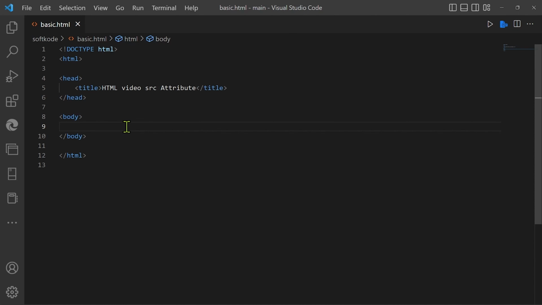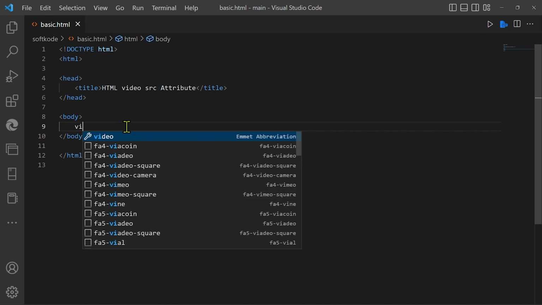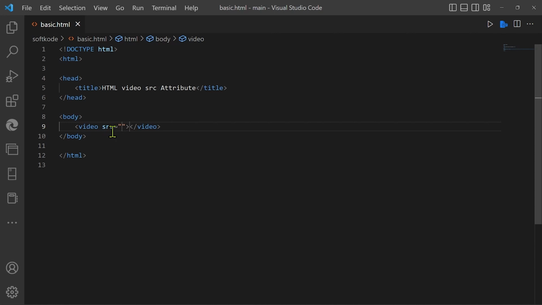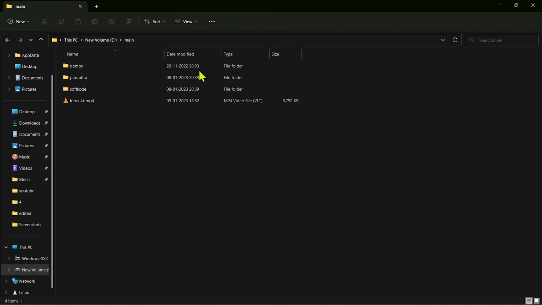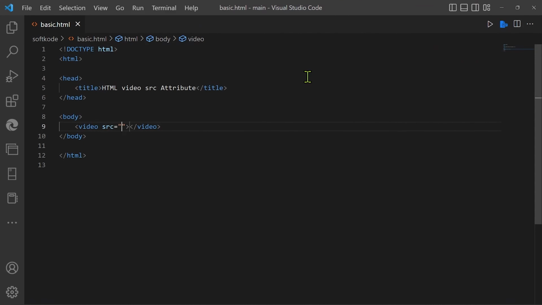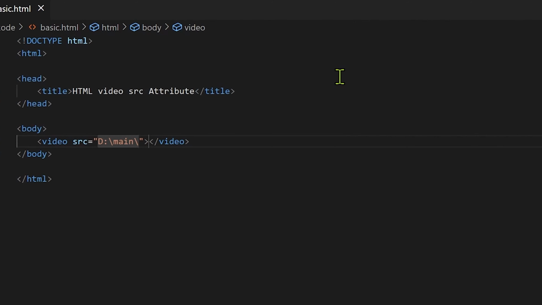Here we have to use the video tag to add a video in a website. So I will use the video tag. Here src is the source attribute. It is similar to the image tag, right? Just in the source we have to paste the address of the video. So let's copy the address of the video and paste it here. Just we have to give a slash and write the name of the video,